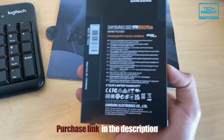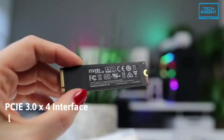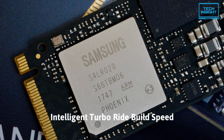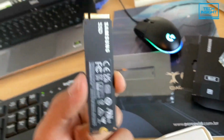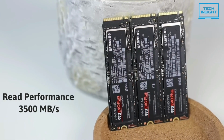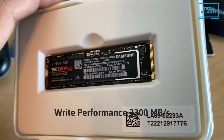The 2 TB version of this SSD communicates with the host over a PCIe 3.0 x4 interface using the NVMe 1.3 protocol. It also features a Phoenix controller along with an Intelligent TurboWrite buffer. This model comes with an M.2 2280 single-sided form factor, thus ensuring compatibility with any type of laptop. It can dish out up to 3500 MB per second of sequential read performance and up to a staggering 3300 MB